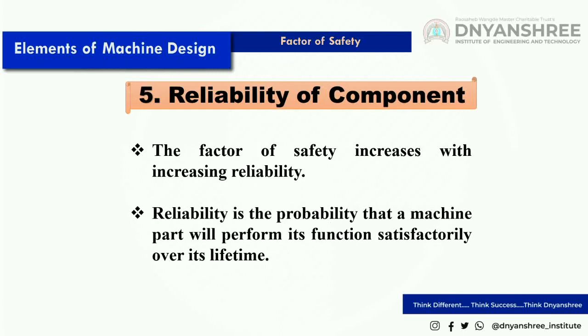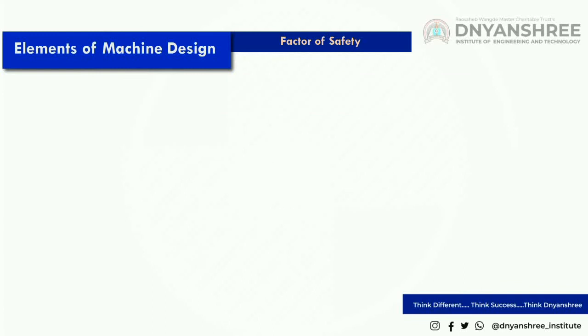So what is reliability? Reliability is the probability that a machine part will perform its function satisfactorily over its lifetime. Reliability means a machine component will perform its function satisfactorily over its lifetime, and the factor of safety increases with increasing reliability. That is, if you have more reliability, then you have to select a high factor of safety for that case. Then the sixth factor is